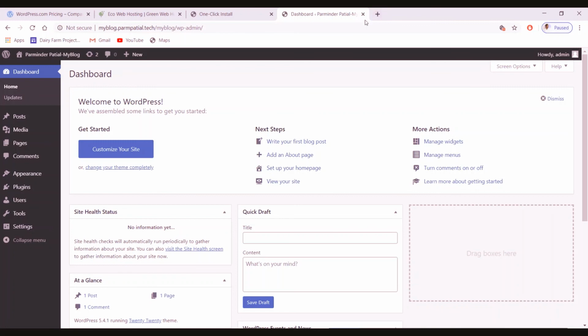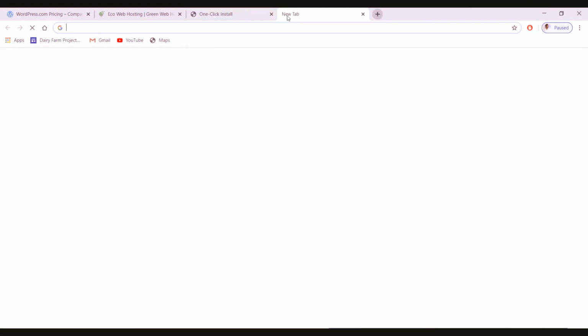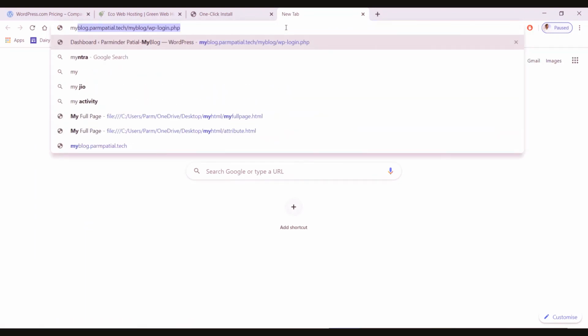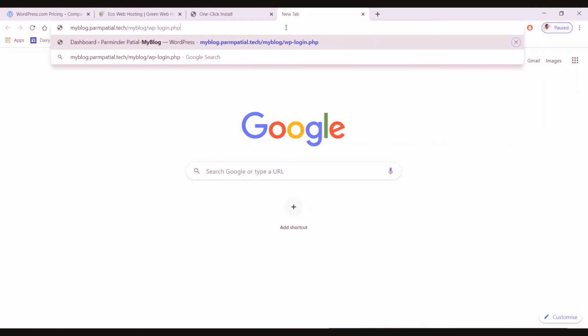So we will close this, and if we have to open it again, we simply have to type myblog.parampatyal.tech and here you have to type wp-login.php.